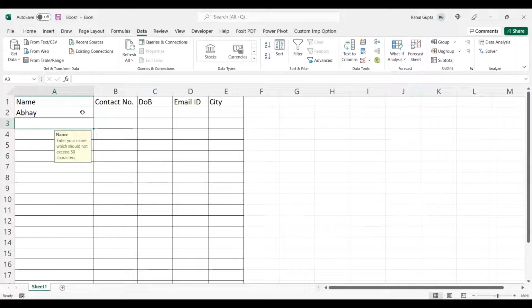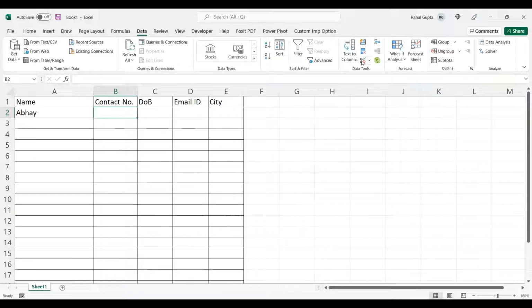Now let's talk about contact number. As we all know, in India we have 10 digits in a contact number, and in India numbers start with 6, 7, 8 or 9. These 4 digits are there at the start of the contact number. I'm not talking about plus 91 having to be added. Only a contact number of 10 digits. So I need to assure that only that kind of number should be entered, nothing else.